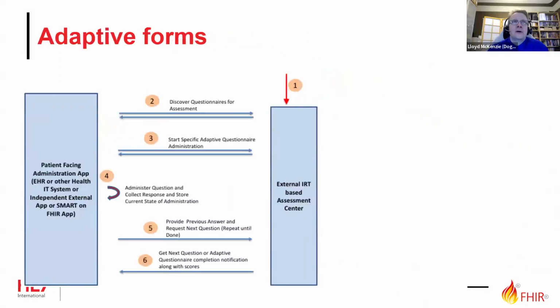I also wanted to talk about adaptive forms. In the typical form world, you define all of your questions in advance. I want to know the patient's first name, last name, gender, and date of birth, and I'm interested in their allergies and their major medical conditions. You list all of the things that you want to know. But there are some instruments, things like PROMIS,